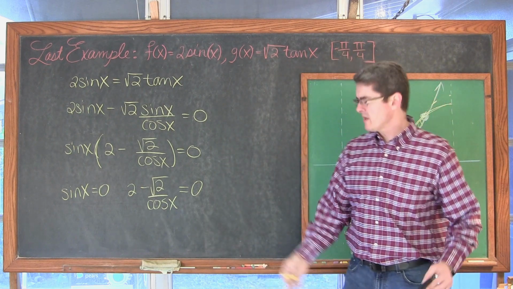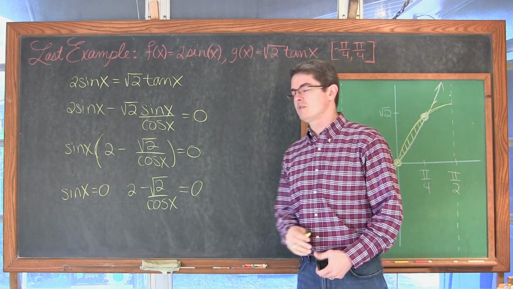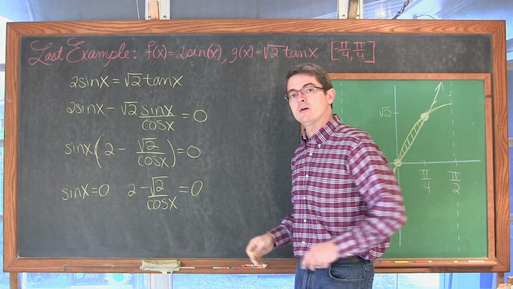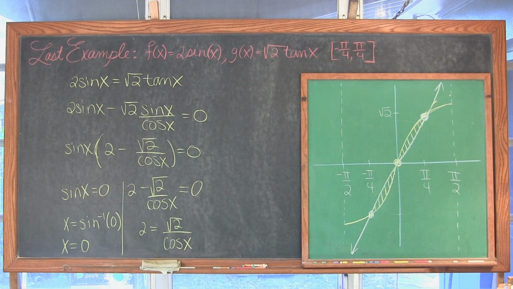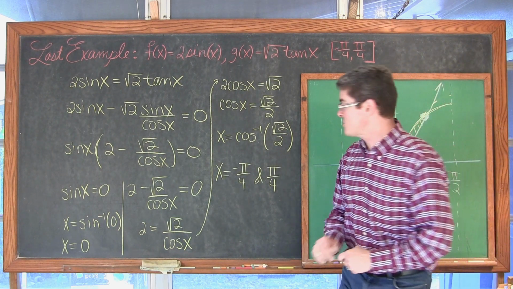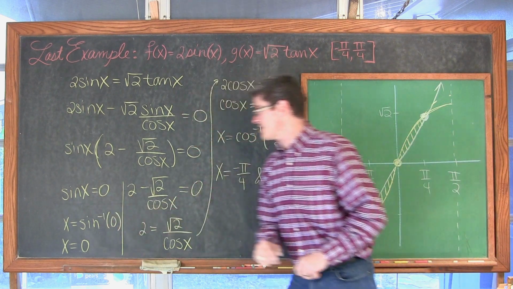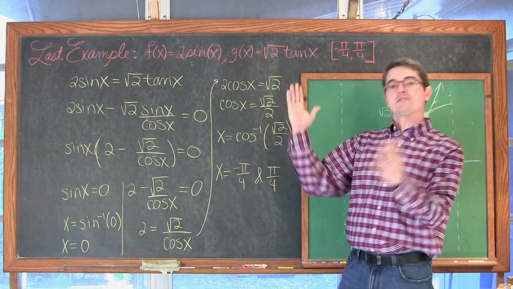This video is a little bit long, and I don't know if you really need to see me talk through every step of solving these individual equations for x. So let me step out and reveal those answers and get this graph out of our way. Alright, solving each one of those little equations, we have x is equal to 0, and we have x values of negative pi over 4 and positive pi over 4.